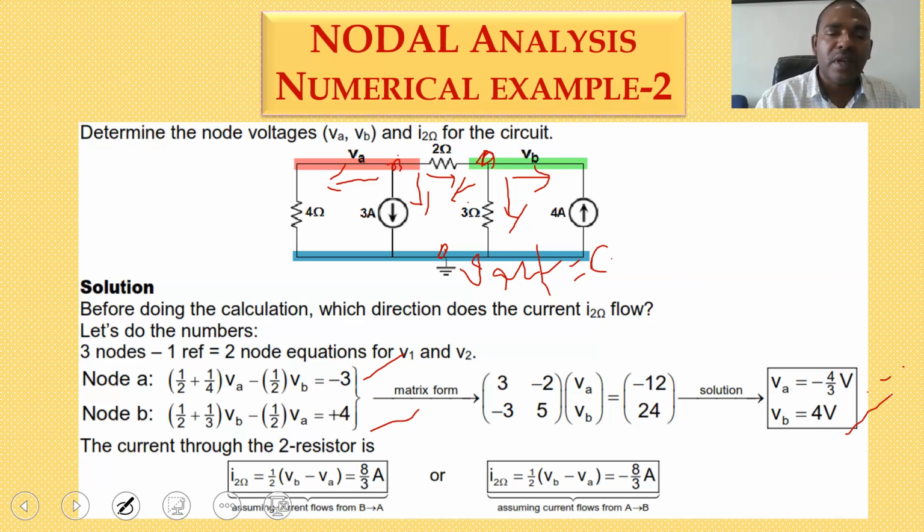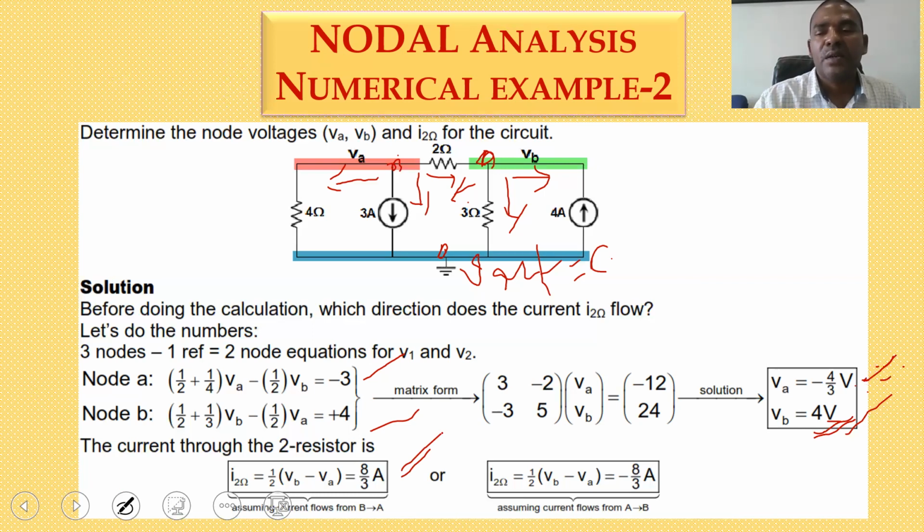For the 2 ohm resistor, you have to get a positive value, which means you have to take (VB minus VA) by 2, because VB is the highest value compared with VA. That's why it is the voltage VB minus VA divided by the resistance of 2 ohms. So finally you can get 8 by 3 amperes. If you take the direction of current in the opposite way, you get the same magnitude, but only